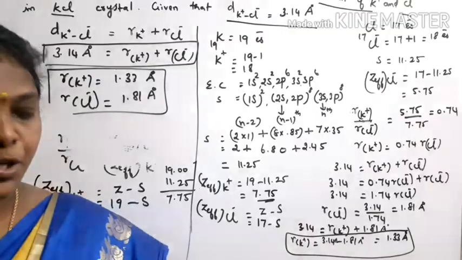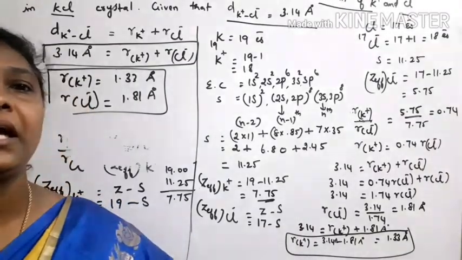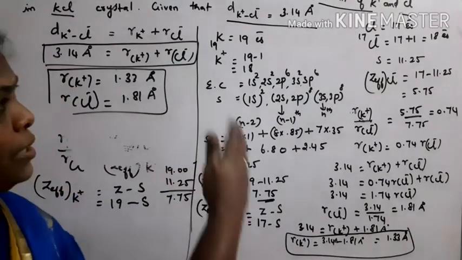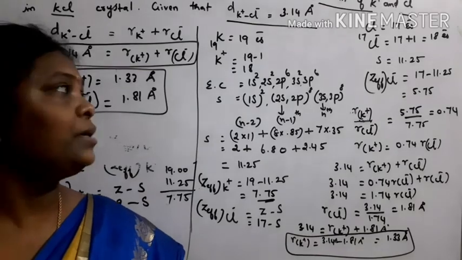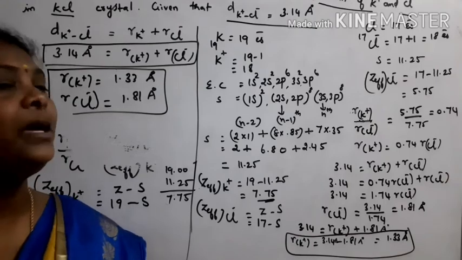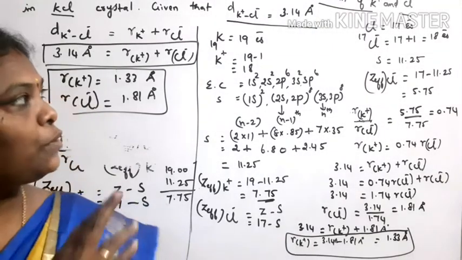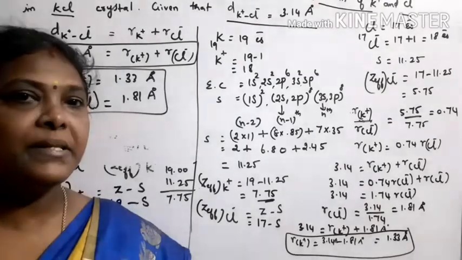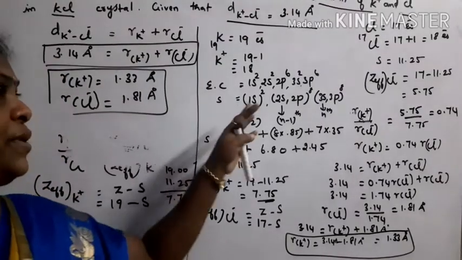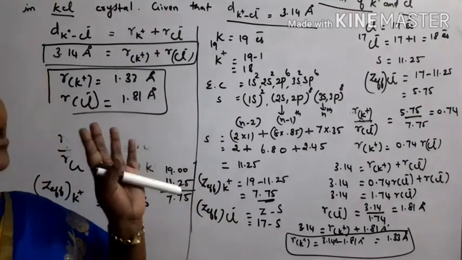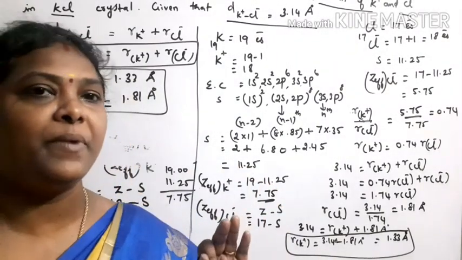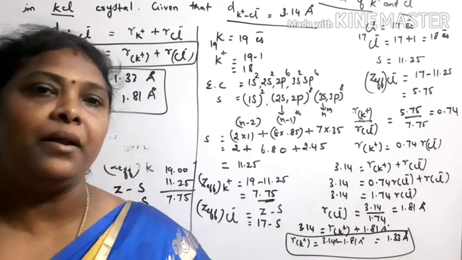Dear students, today I taught you how to calculate the ionic radius by using Pauling's method. You can do some more examples. For a short answer, what is meant by ionic radius and how do you calculate it using Pauling's method? To calculate the ionic radius, that is the radius of either a cation or an anion, first you should be thorough in calculating the effective nuclear charge. If you know how to calculate the effective nuclear charge, then you can calculate the radius of either cation or anion. Thank you.